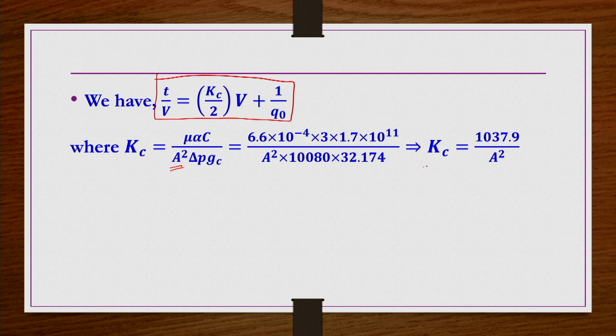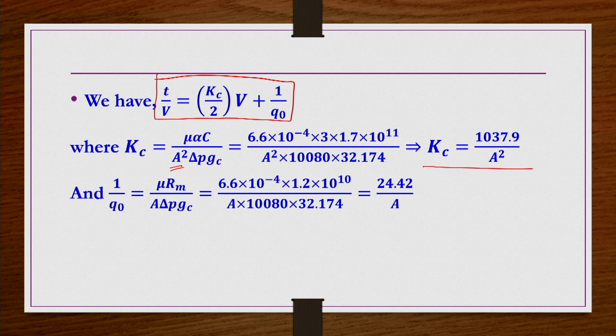When you substitute, you will get Kc is equal to 1037.9 by A square. Similarly, 1 by Q naught is mu Rm by A delta P Gc. Here also except A everything is known. Substitute all the values, simplify. So, you will get 1 by Q naught is equal to 24.42 by A. So, this Kc and 1 by Q naught, if you substitute in this equation, then you will get the required area